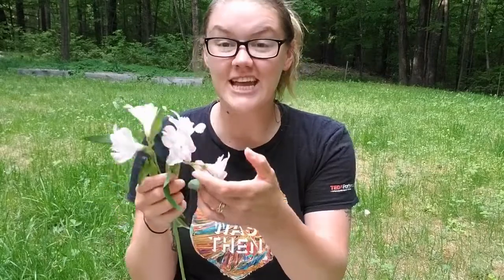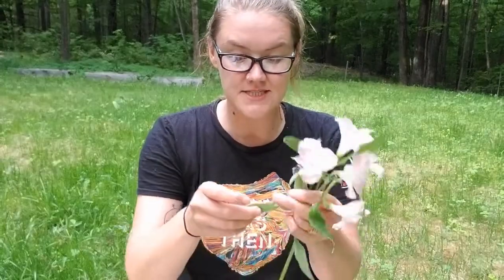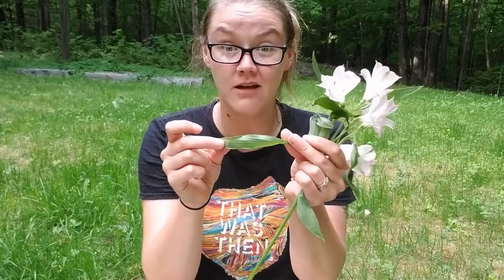My purple flowers. And then I'm going to use some more of my pink flowers. Now, our flowers have incredible pigments that give them this bright pink color and this bright yellow color. And their leaves have chlorophyll, which is what makes them look green. So we are actually going to use a hammer to kind of pound those pigments and that chlorophyll onto a